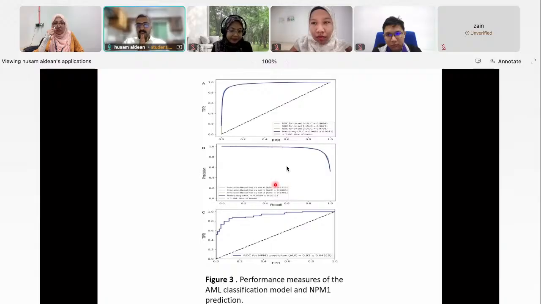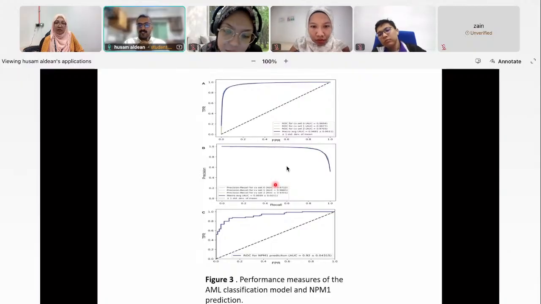Precision is the ability of the model to get the true positives and classify them correctly, and recall is the sensitivity of the model to detect the true positives. True positive here also represents the NPM1 mutation. So the AUROC here is 0.96. For figure C here, it represents